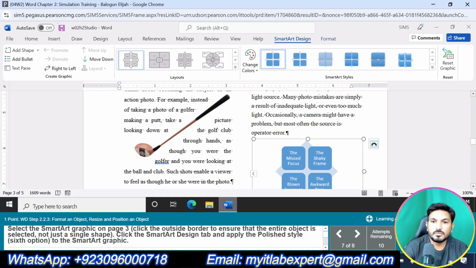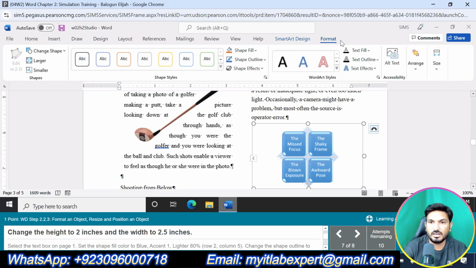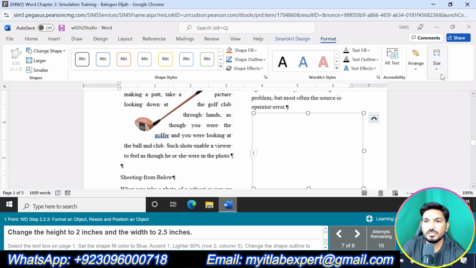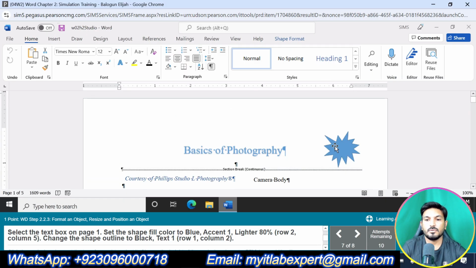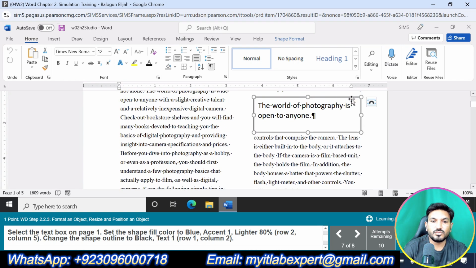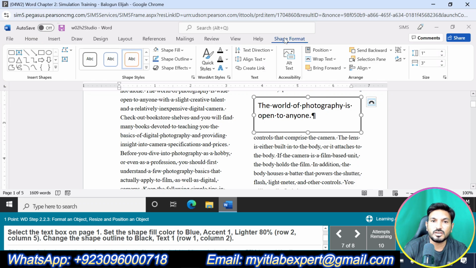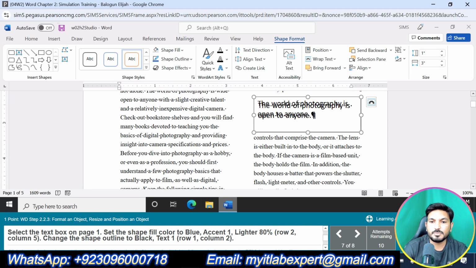This one. Change the height to 2 inches and width to 2.5. Size. Height should be 2 inches and width should be 2.5. This one. Select the text box on page 1. Select this one. Set the shape fill color to Blue Accent 1 Lighter 80%. Go to Shape Format. Go to Shape Fill and select Blue Accent 1 Lighter 80%.